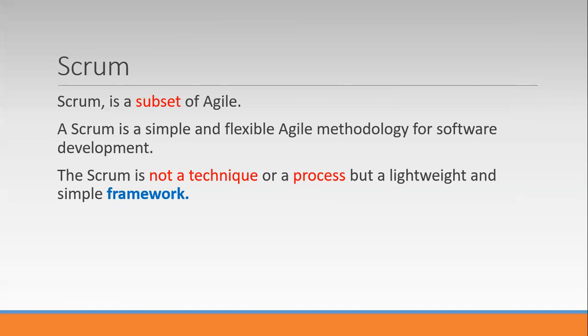When you say framework, it is not a very stringent method. Within these rules, within the 17-18 page Scrum guide, you can make your own processes. You can follow those framework rules, the rules of the game. You can do your software development the way you want, but use Scrum the way it is. Then only will you get the real benefit of it.